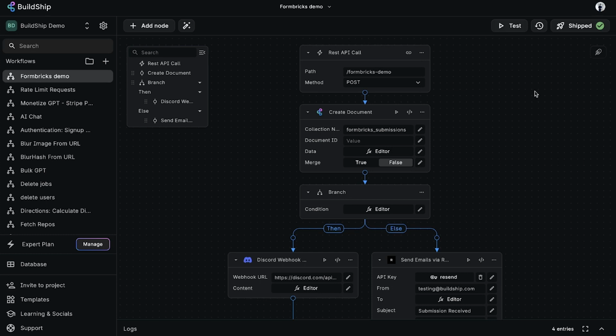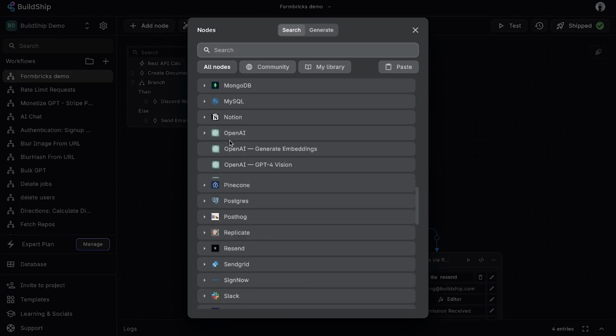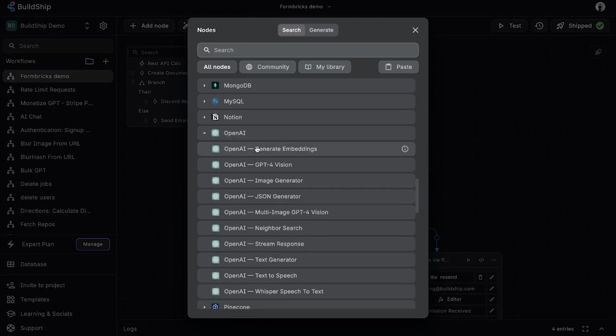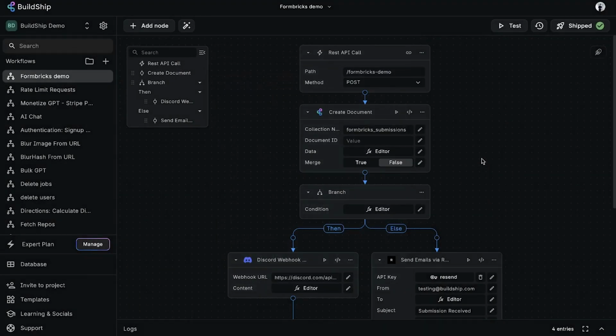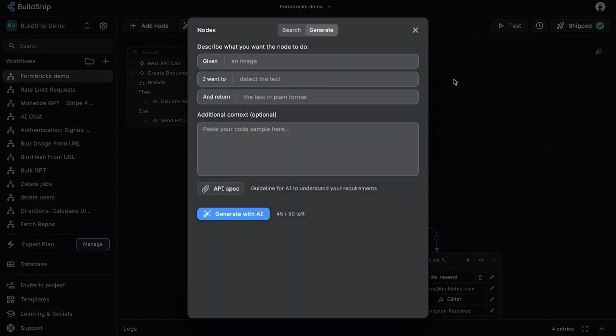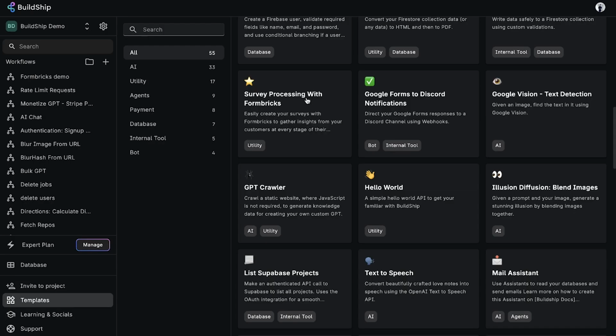Keep in mind that you can easily extend this workflow by adding other integration nodes. For example, you can use one of our OpenAI integration nodes for sentiment analysis on feedback, or you can even generate your own with AI. And remember, this entire workflow is readily available as a template in our templates library, allowing you to get started